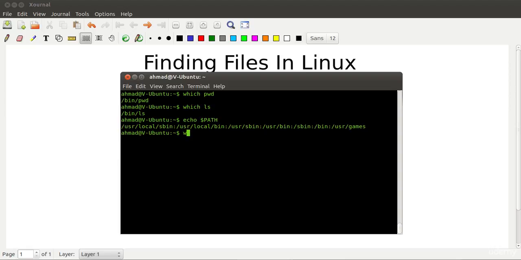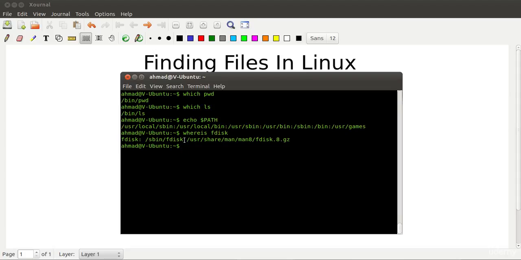The next command that I wanted to tell you about is whereis, and this command does the same functionality as that of which, but the difference is that not only does it show us the binary files, it also shows us the manuals for that binary file, or even the source code if that is available. So if I type in whereis and ls or maybe fdisk, so I type in fdisk,